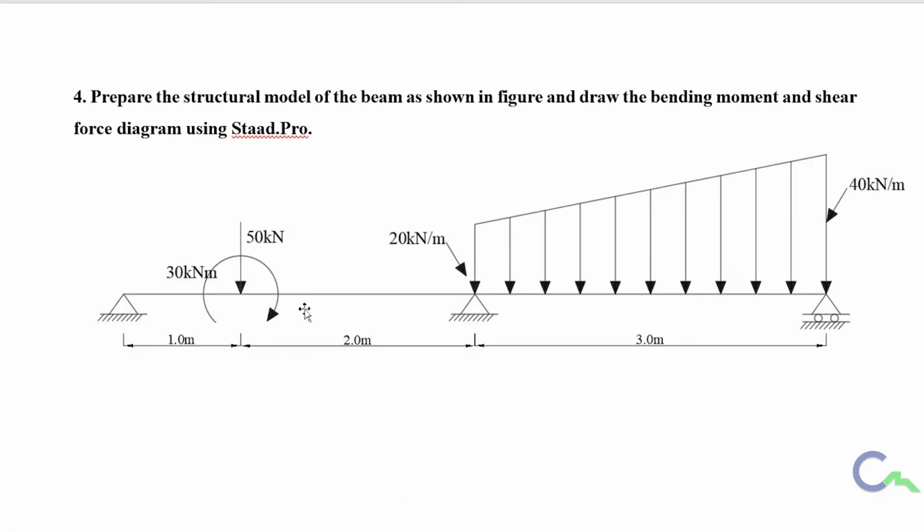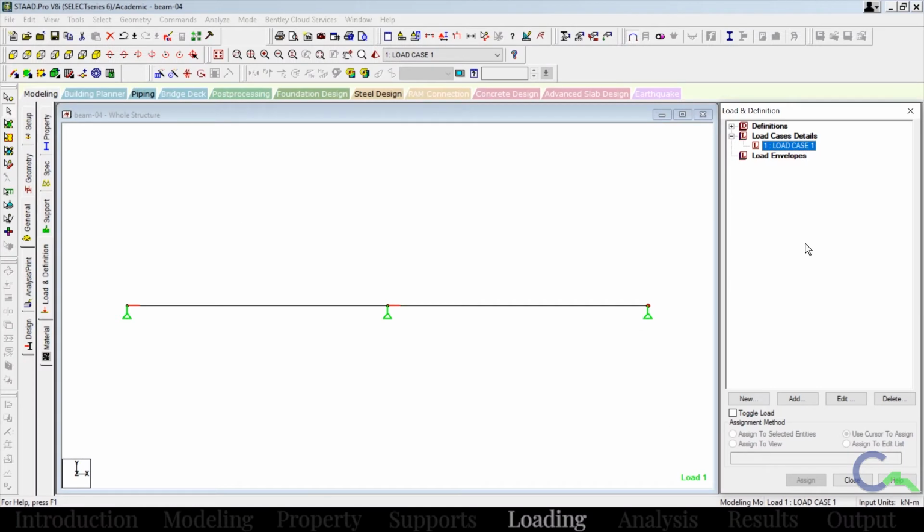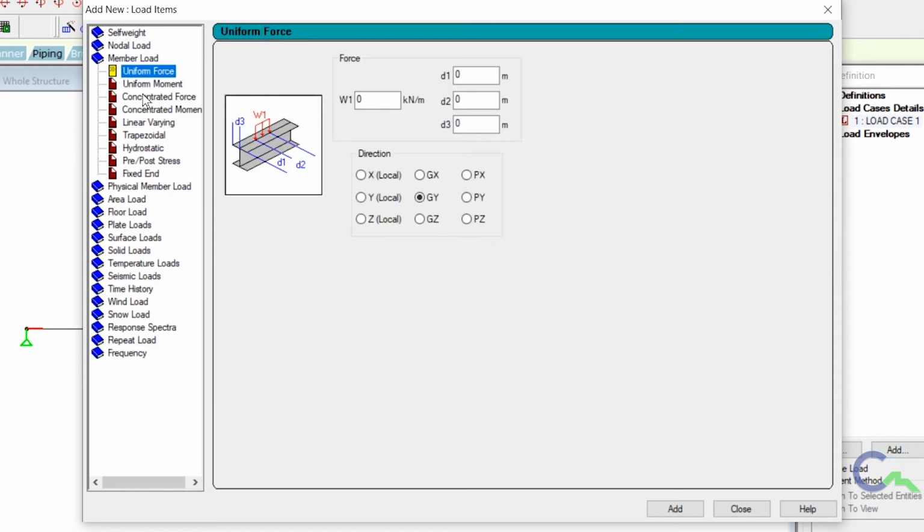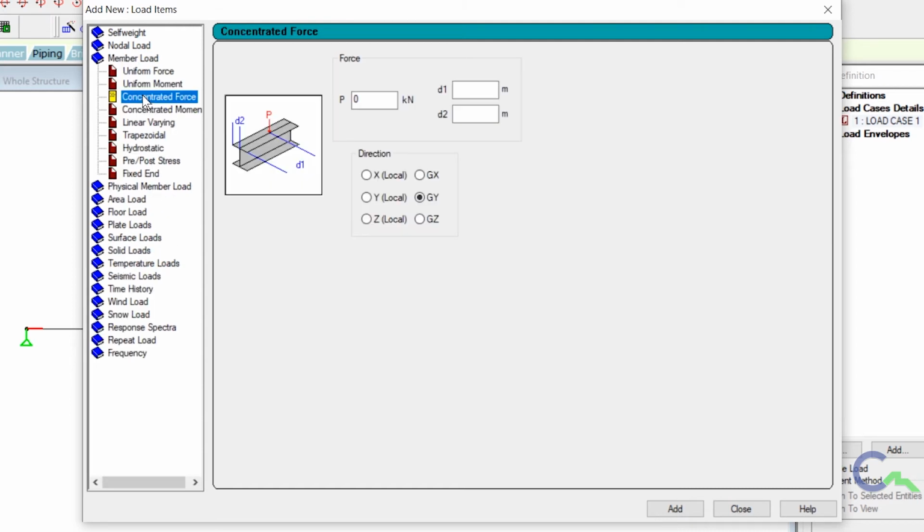If I see in the problem, first load, which is concentrated load of 50 kN, is acting at a distance of 1 meter from start node. So I will go to the Stat Pro, click on this load case, add. I will go to the member load, that is concentrated force, the third option here.